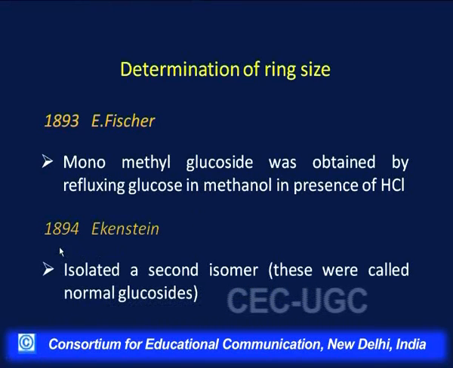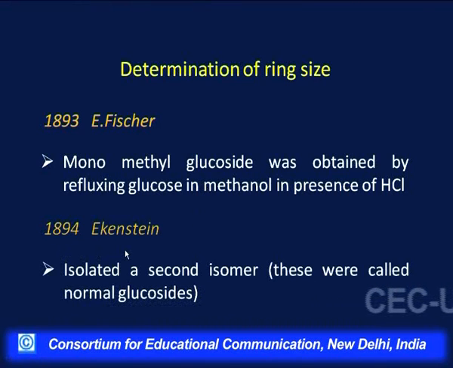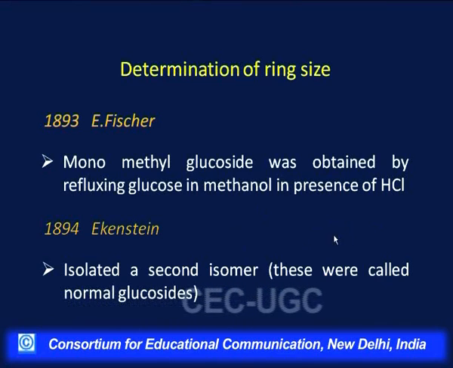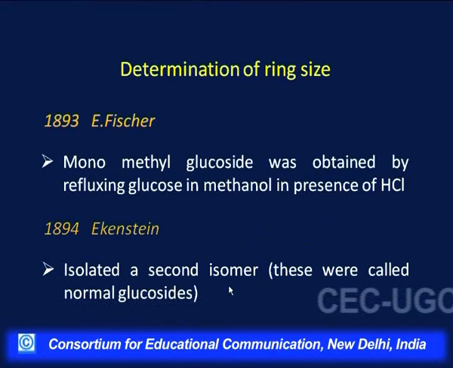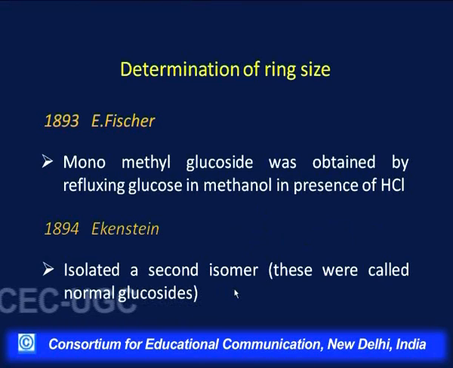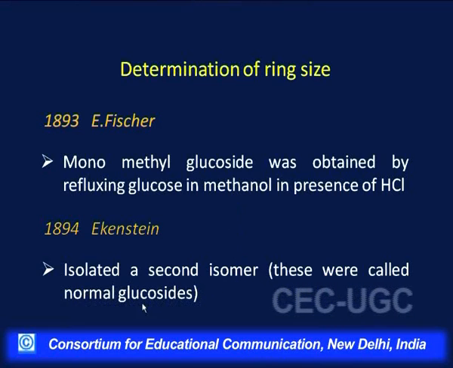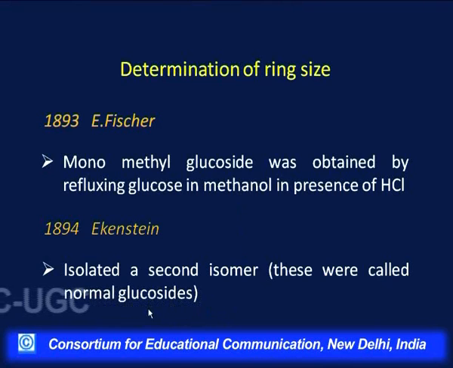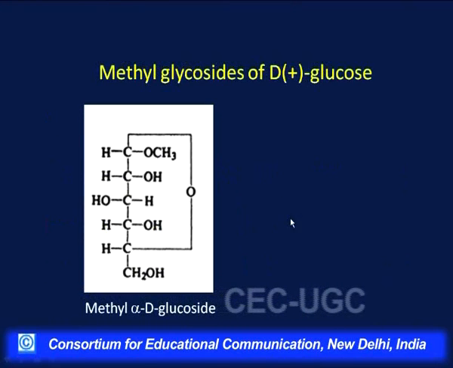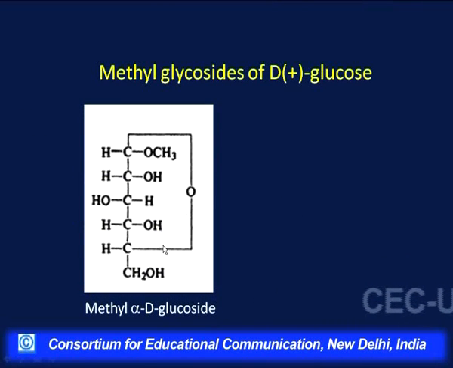Then in 1894, Eckenstein was working on it, and he found that the compound that we obtain by treating glucose with HCl is not a single compound. It is a mixture of 2 isomers. So, he isolated the second isomer, and these 2 glycosides, since they are obtained from glucose, we are calling them glucosides. They were called normal glucosides, because this is the representation of the 6-membered ring structure which